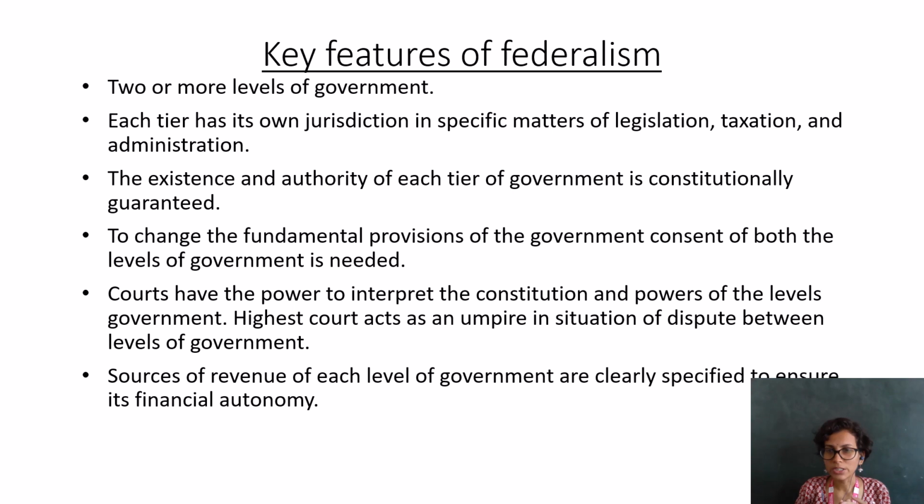So to recap whatever we have done: first, there should be levels of government. The power should be shared by different levels of government. The source of this power is guaranteed by the constitution. The existence of these levels of government is guaranteed by the constitution. Next, the area in which they are going to have their authority is also defined in the constitution. If in a country there is any kind of dispute between the levels of government, the Supreme Court acts as mediator.